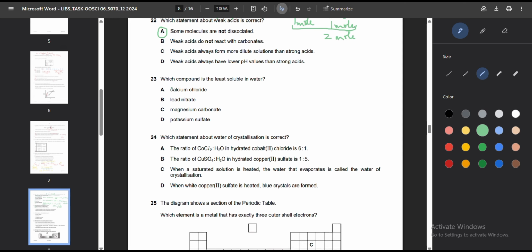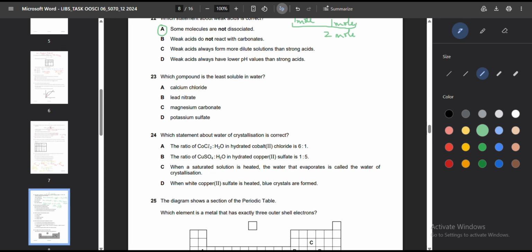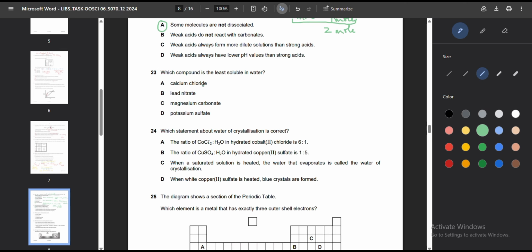Next is question number 23. Which compound is the least soluble in water? Calcium chloride, lead nitrate, calcium carbonate, potassium sulfate. Alright, calcium chloride is soluble in